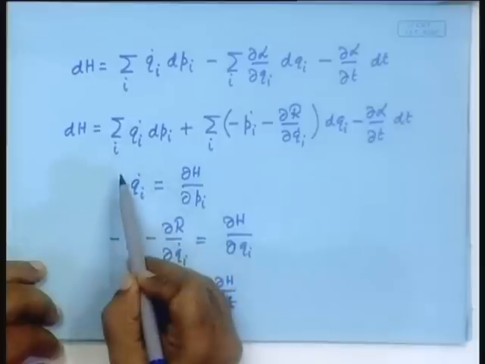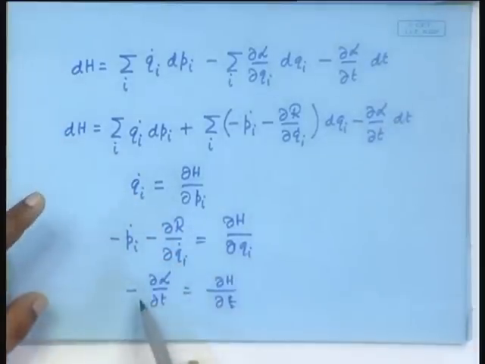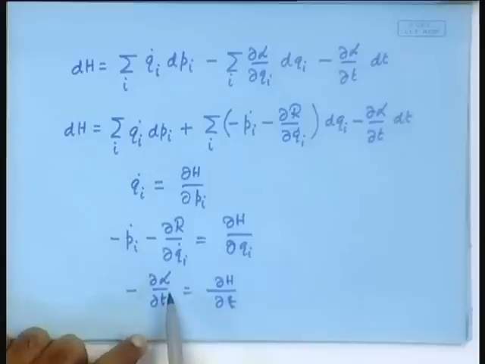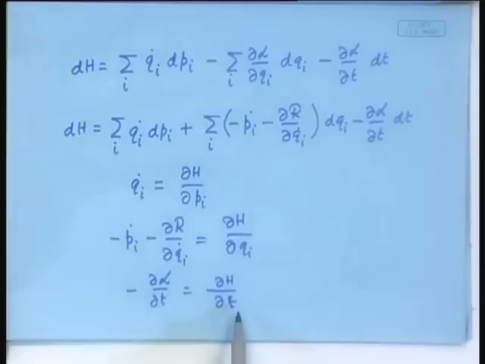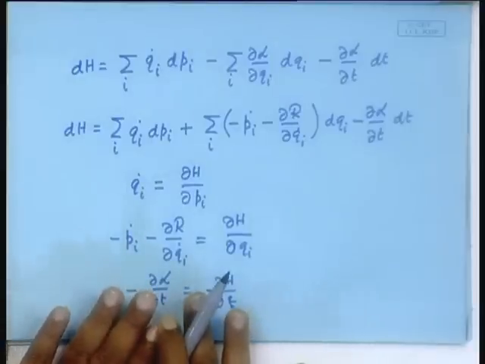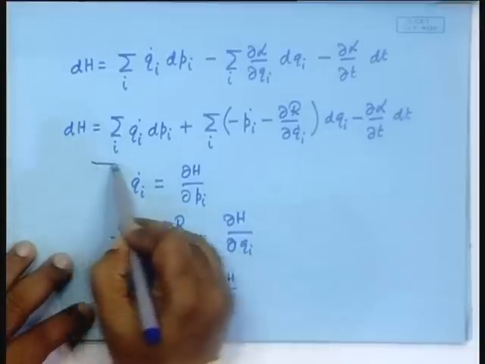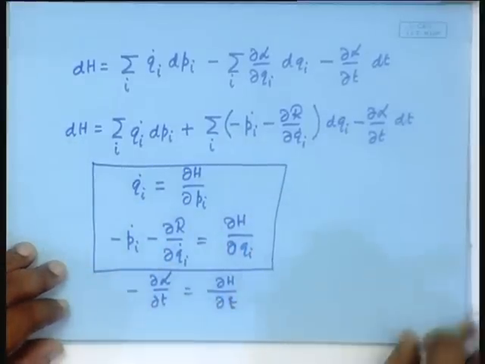This is a differential equation first order, this is a differential equation first order, this is not a differential equation. This only says that if the Lagrangian function is independent of time, the Hamiltonian function will also be independent of time, and if they are dependent on time, they are dependent this way, that is all. But this is not a differential equation, therefore it does not really define the dynamics. We are primarily then interested in these two equations, and these two equations immediately yield